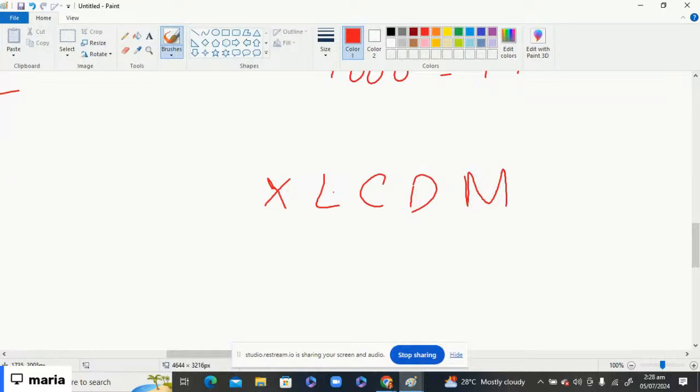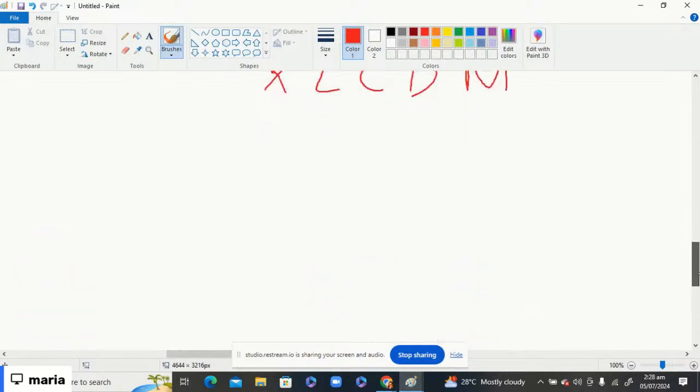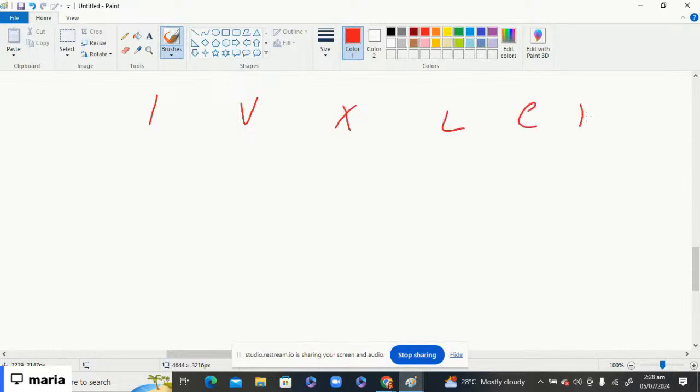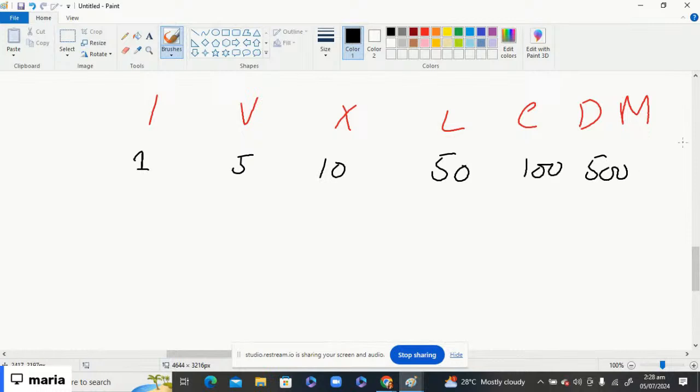Okay, if I'm going to write it all down, I, V, X, L, C, D, and M. Let me write it. I is 1, V is represented 5, X is represented 10, L is represented 50, C is represented 100, D is represented 500, and M is represented 1000. Alright, hope you guys understand this one. You all get it? This is basically a bit low-level. Okay,